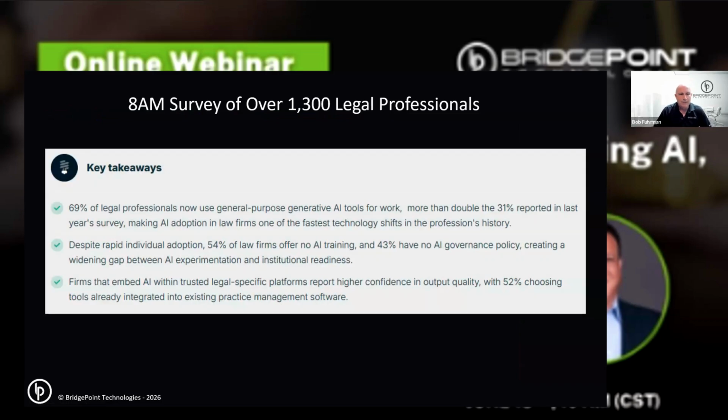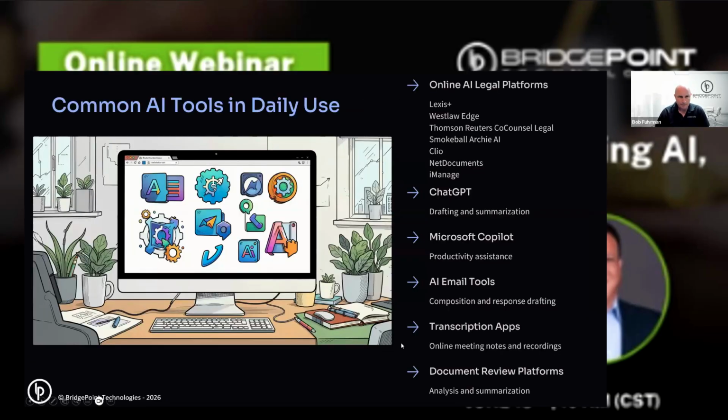The bigger one is the bottom one, they're using 52% of what's in front of them. So that's a good thing, bad thing. May not be the best, but it's there and they're using it. But the top bullet too, the progression, the percentage of people that are adopting it is one of the fastest technology shifts ever. If you were in a room and you asked all your colleagues, hey, who has used AI in any capacity for generating some kind of work product for our law firm? Some people won't raise their hand because they think they're getting in trouble. And that's the concern, is they need to be trained up on it.